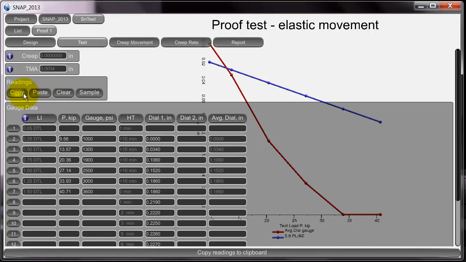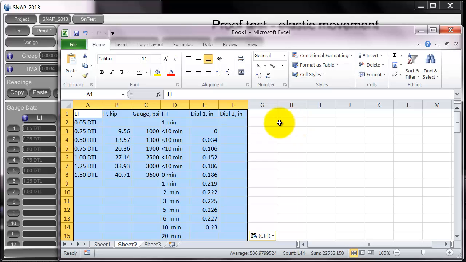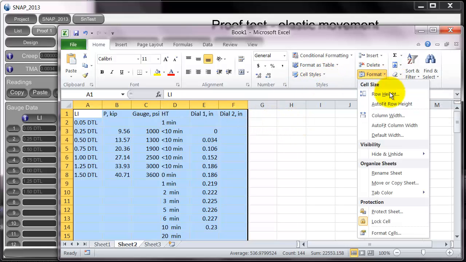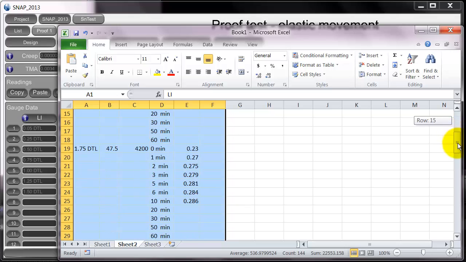So if you have them in Excel format, and if you want to copy the readings, you just open up Excel here and create a new tab. You can paste them in. And you can see it's in this format. Let me format autofit column width here, and you can see it just puts everything in here, so that, and